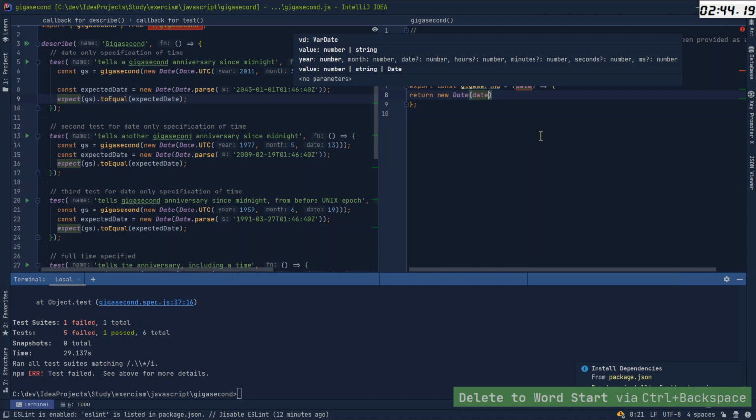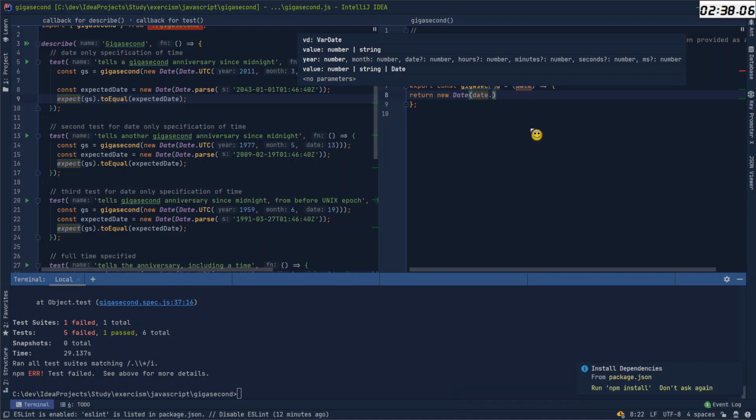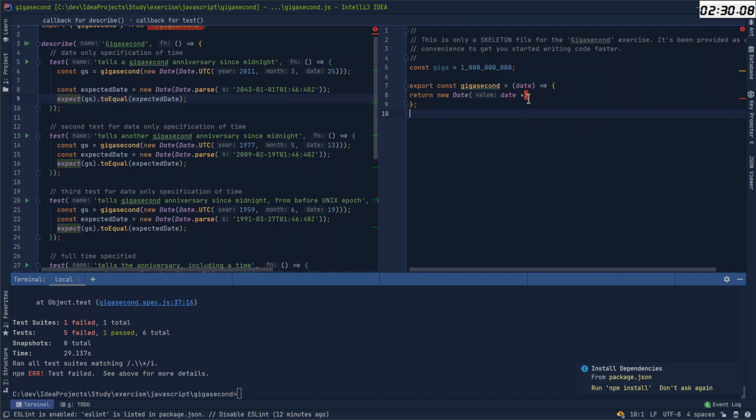Year numbers, does it have... It has a number, I think. Date plus. Come on. Date plus giga. Will this work? There's an error.